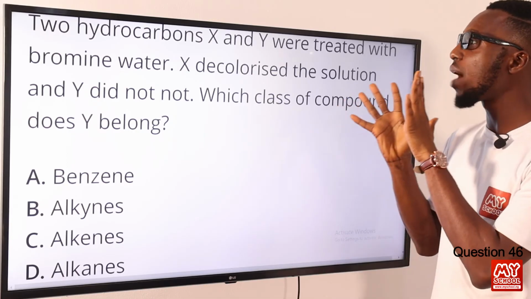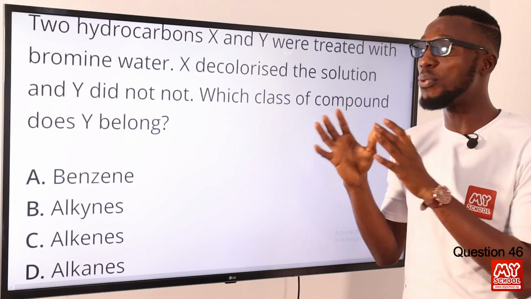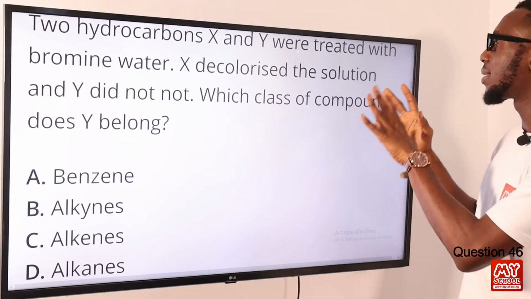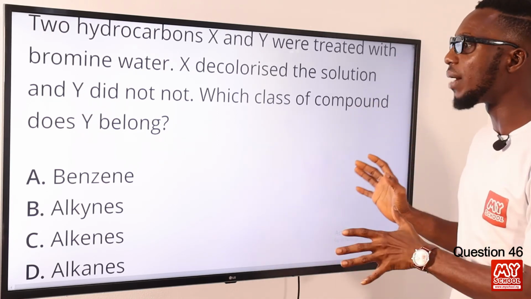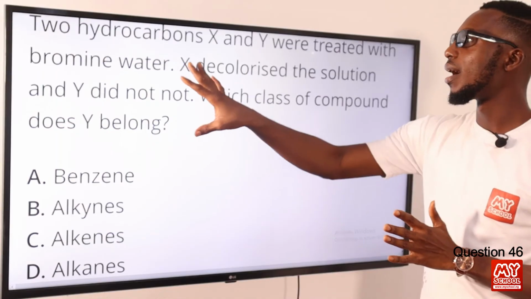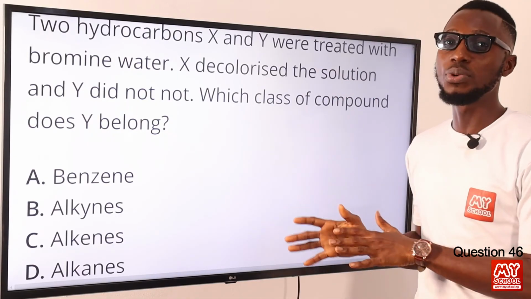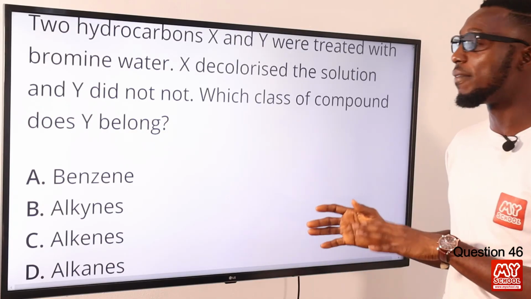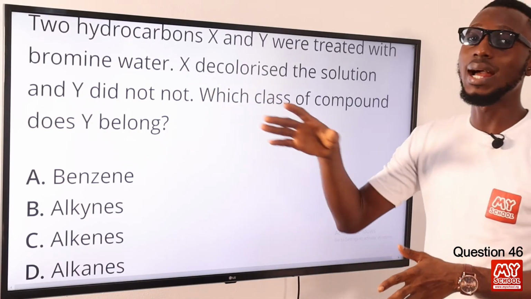So we have two hydrocarbons, X and Y, that were treated with bromine water. X decolorized the solution and Y did not. Which class of compound does Y belong to? At first, I want to establish that these letters X and Y represent hydrocarbons, so it should be between paraffins and olefins. Paraffins, I'm talking about alkanes. Olefins, I'm talking about alkenes. So X is definitely an alkene,